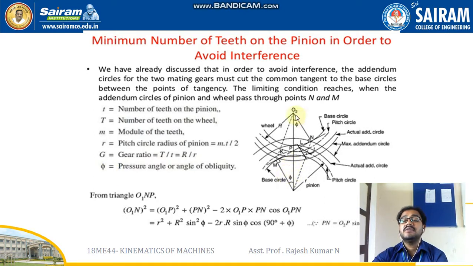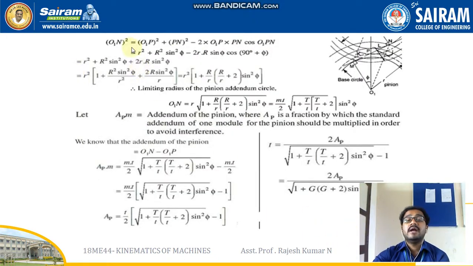So just as previously we considered the circle O2MP, here I will be considering this point O1, the pinion center point circle. So it's O1N. I will be considering this circle O1NP. The same concept: O1P square plus PN whole square minus 2 into O1P into PN cos O1PN. The same way if I substitute in this, you can see that small r square plus capital R square sin square phi minus 2r into capital R sin phi cos 90 degree plus phi. So all this conversion is shown here, and O1N whole square, which is equal to O1P whole square